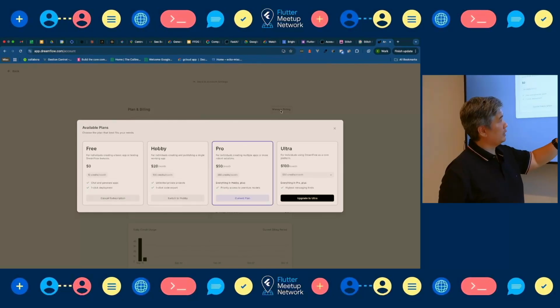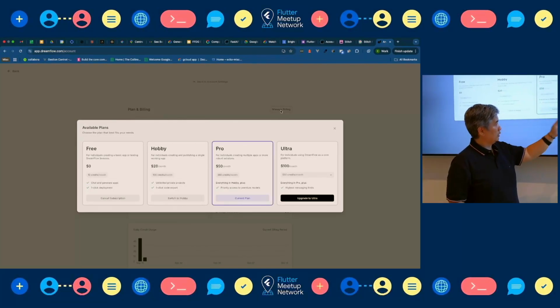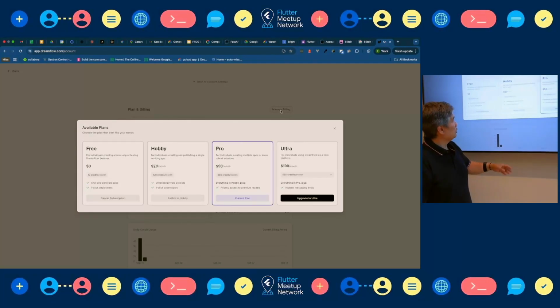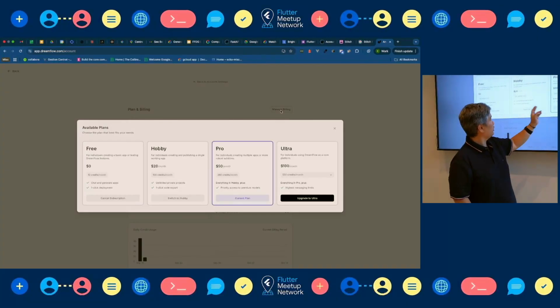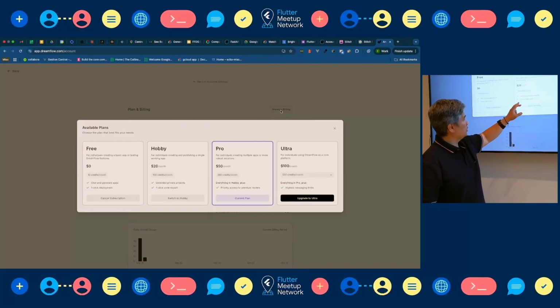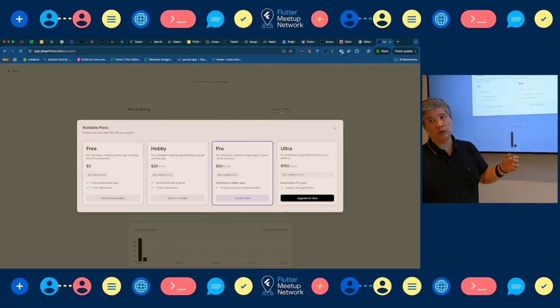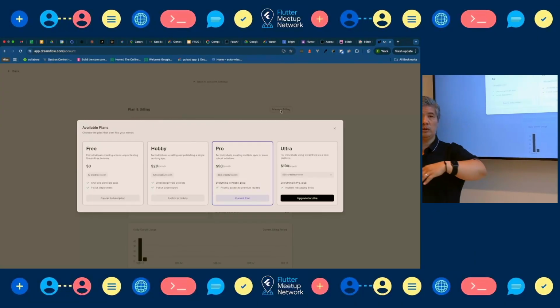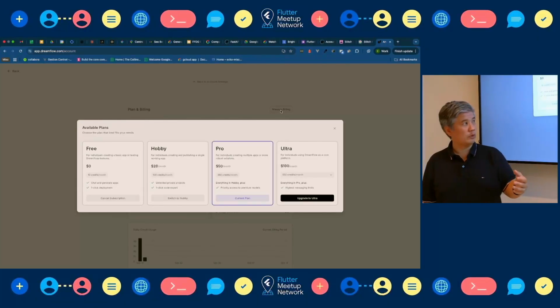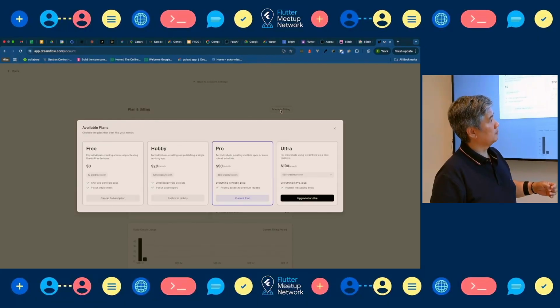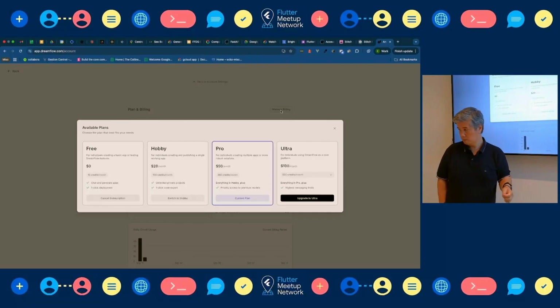After that, you have several plans, from 20 to 50, where you have more credits. You can also build more applications, and you can export the code. So if you want, you can export the code and develop with another IDE if you want.